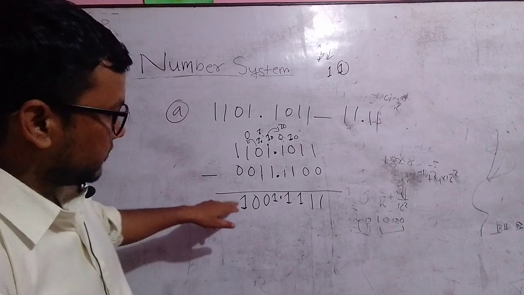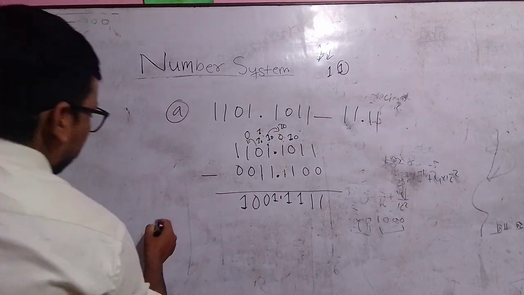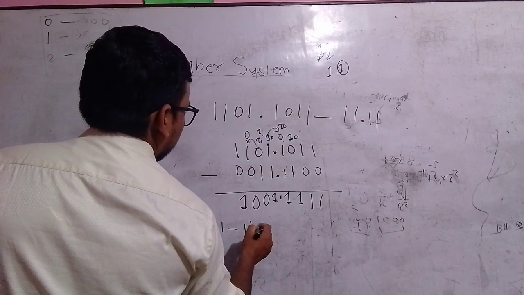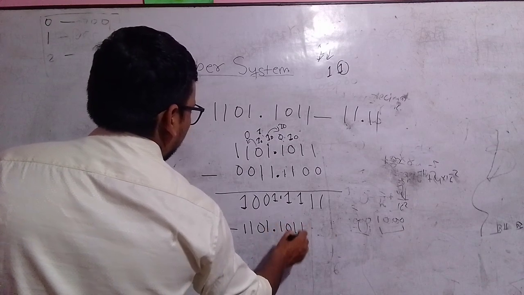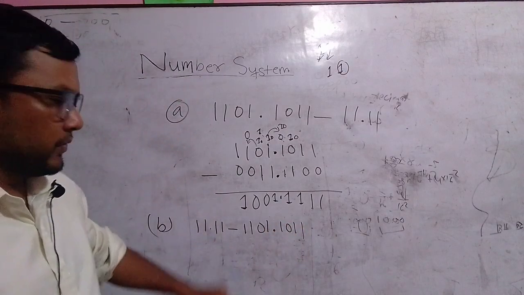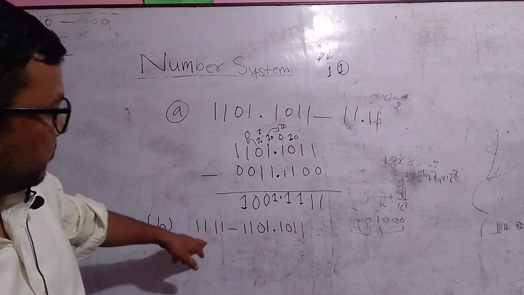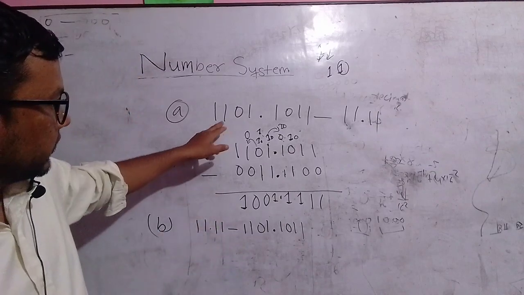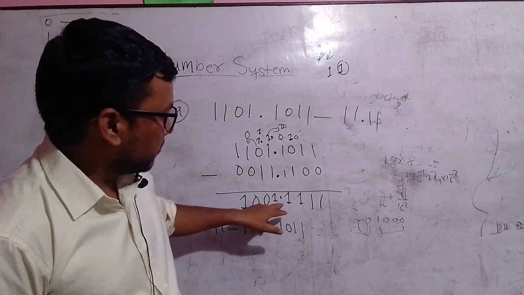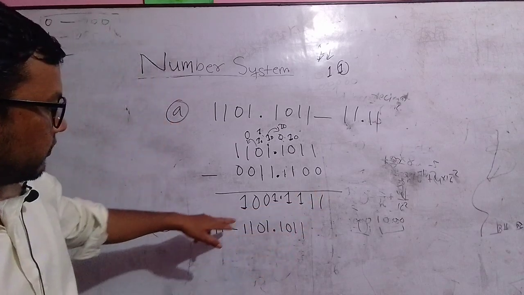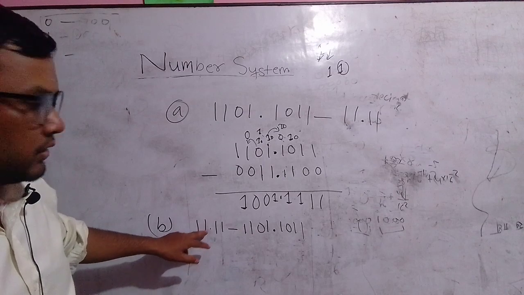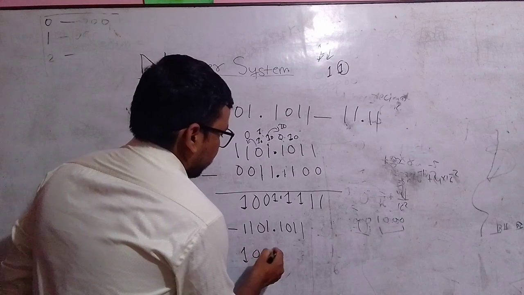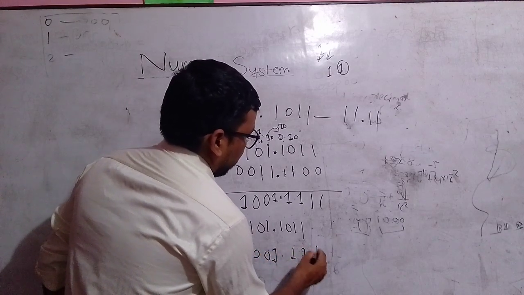Now this is one case. Another case, B. Let's see B. 11.11 minus 1101.1011. What would be the result of this expression? Now I have just changed the order of subtraction in this case. This gives the result 1001.1111. This gives the same result. That means its result is 1001.1111,